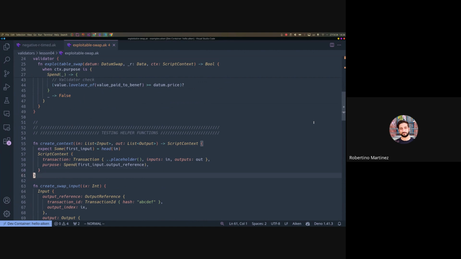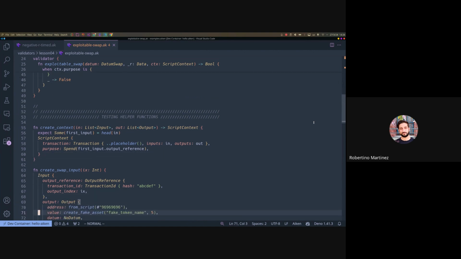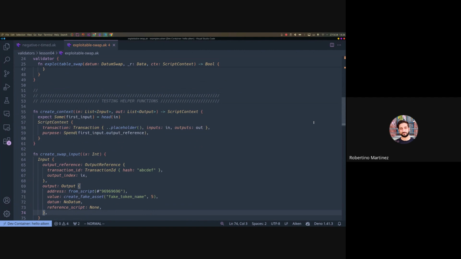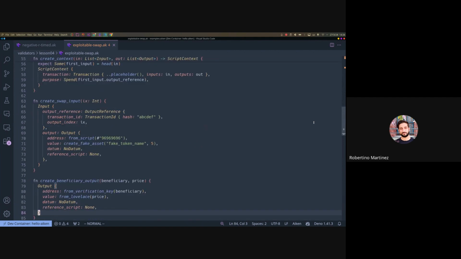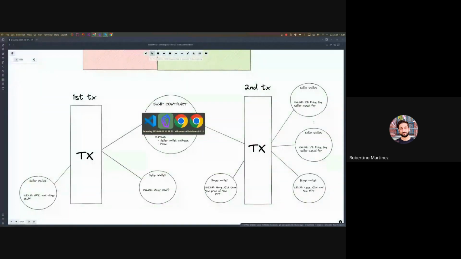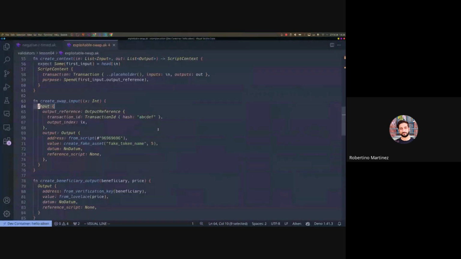Okay, so now we want a specific input. We want this input to be somewhere. We want to consume a specific input. So we have to create this swap contract input. So we create it using the input constructor, and the input constructor,